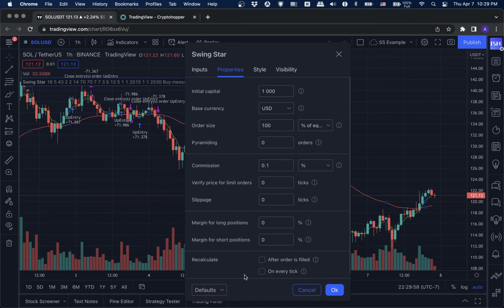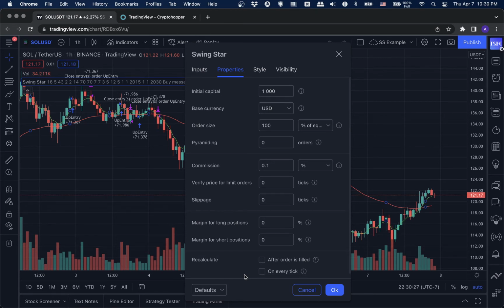The reason for this is if it is checked, you may experience just weird behavior from the strategy. The default settings are going to be buying and selling at candle close, which we do recommend so that the strategy has confirmed a valid buy or sell signal and not been faked out by a